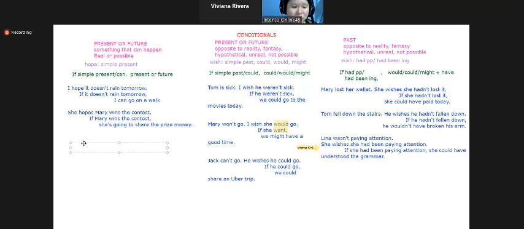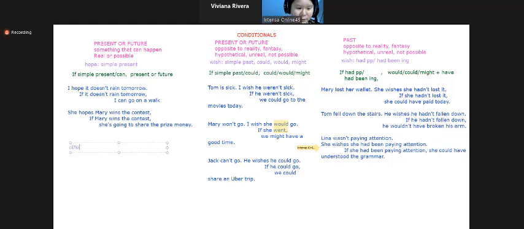Okay, now when I use if simple present and on the other side I use simple present too, I'm talking about something that always happens. Okay, what are things that always happen? They can be strong habits or scientific facts. Okay, for example,